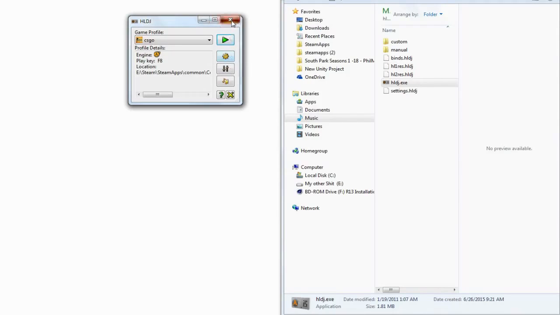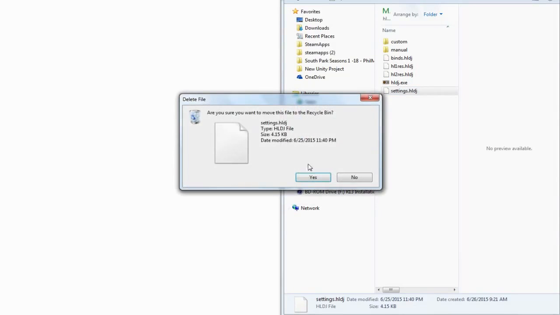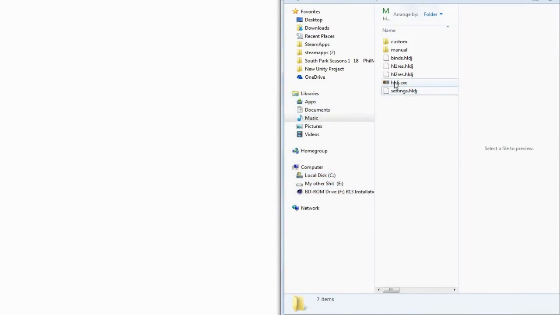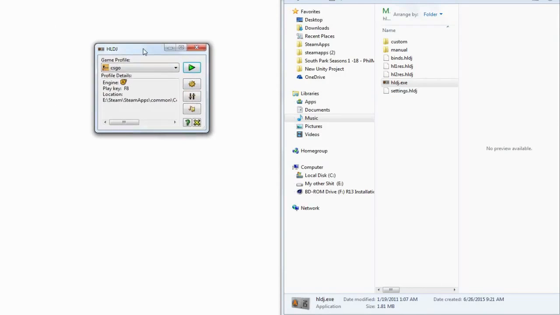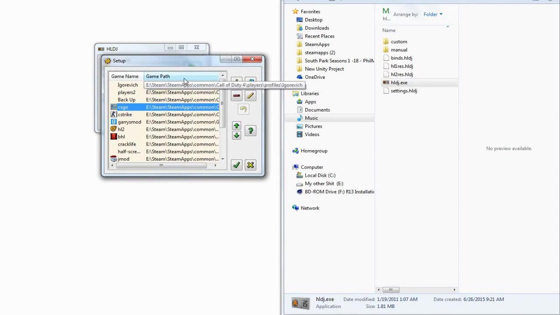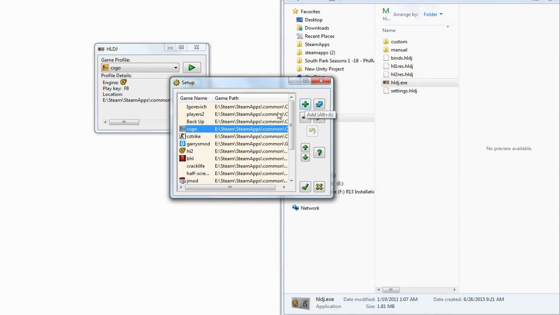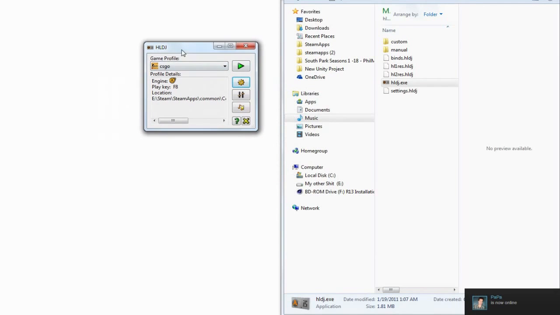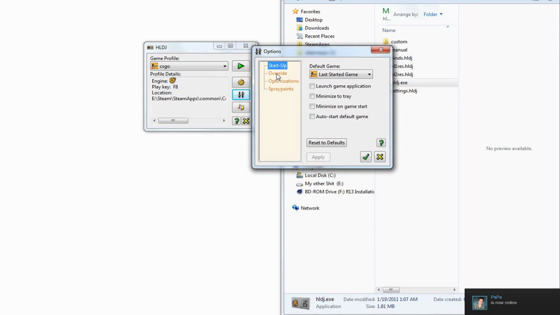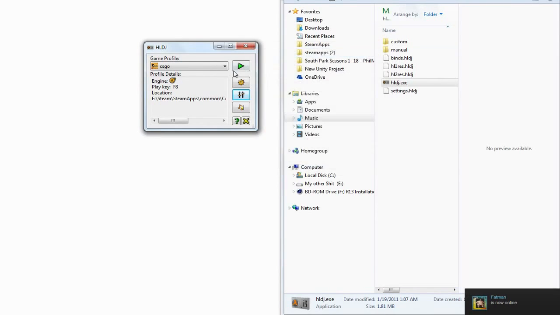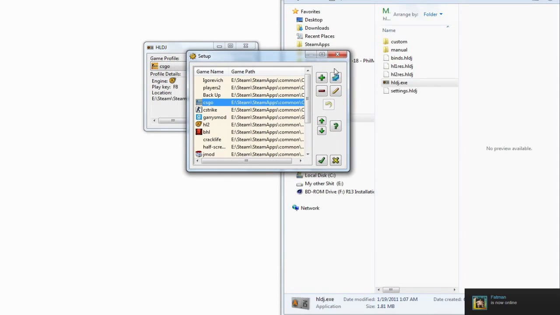but if it's not, I think, yeah, you have to do this. No, actually, no, you don't have to do that. But if it doesn't load up, delete settings and then just run. Well, I just ran as administrator for some reason, but anyways, this pops up, and you can go to setup and you can add more games, change the file location, but I think, well, mine is Steam apps, but yeah, so you can change that. Now when you start up, you're gonna have a play key, F8, but if you don't, then go to setup and